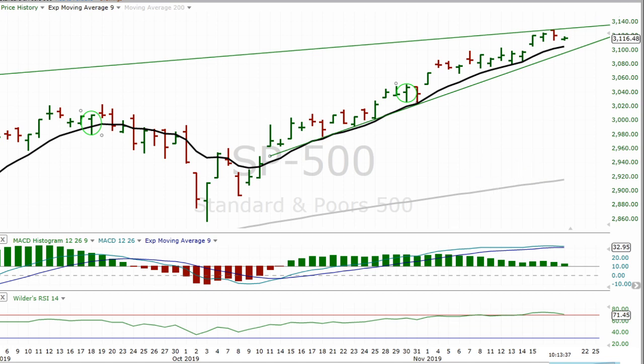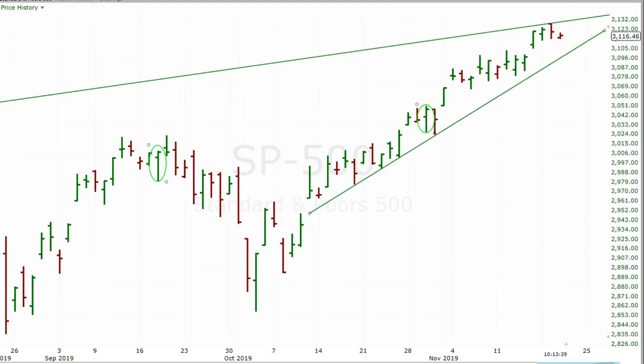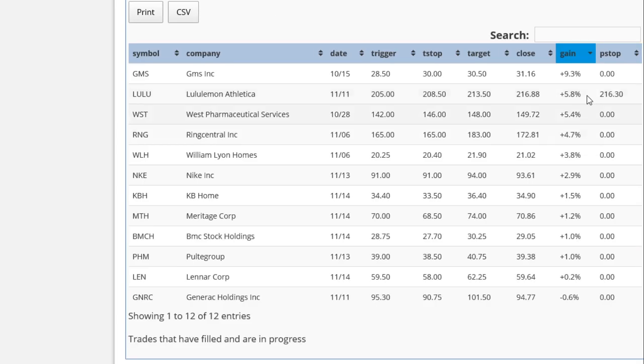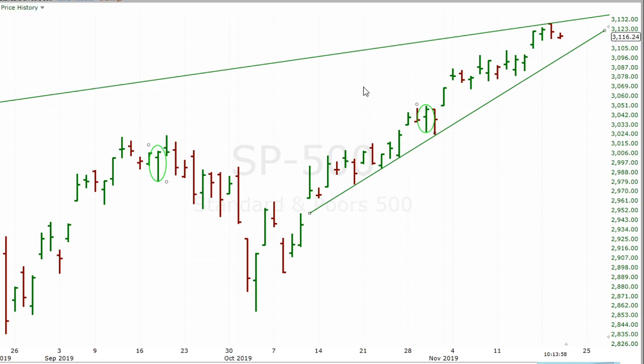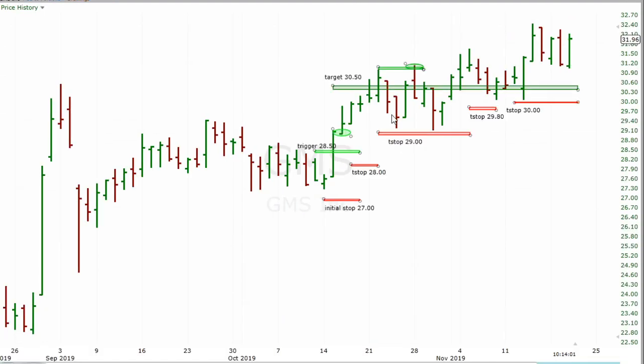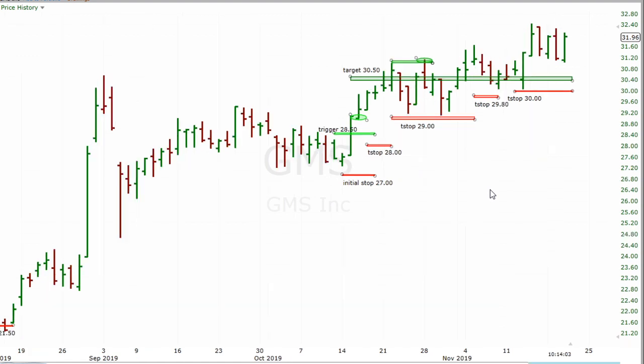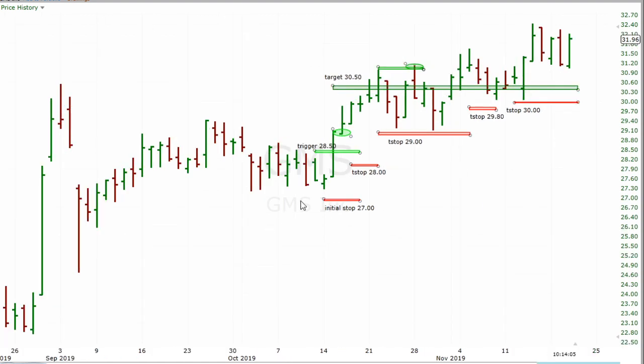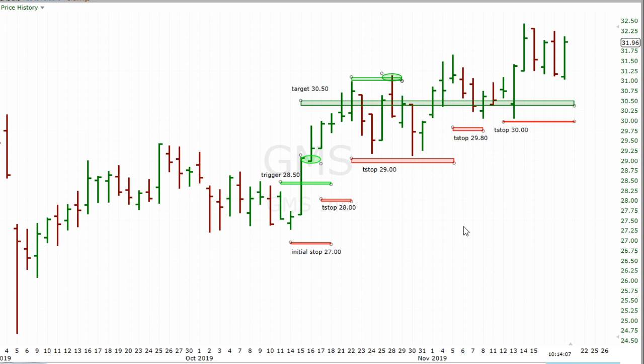Back to the charts of the open trades. And so a few of these have been open for a while, and we still have this one that is one stock that's been open since the middle of October. Let's take a look at that. GMS. Yeah, GMS, good looking stock, right? I've used this as an example quite a few times. And the thing about this is that